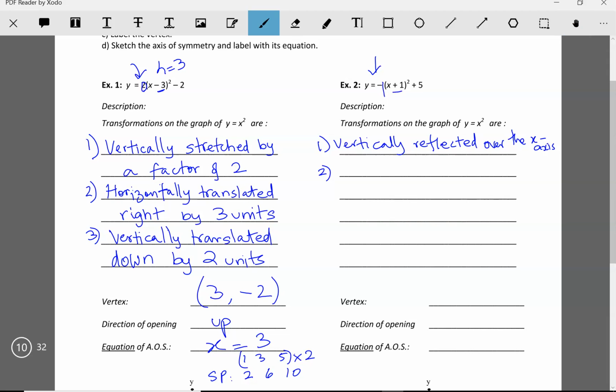So we'll get to our translations. Again, we'll make note that our h value is actually equal to negative 1, right? We have to flip the value that's inside the bracket. So we're going to say horizontally